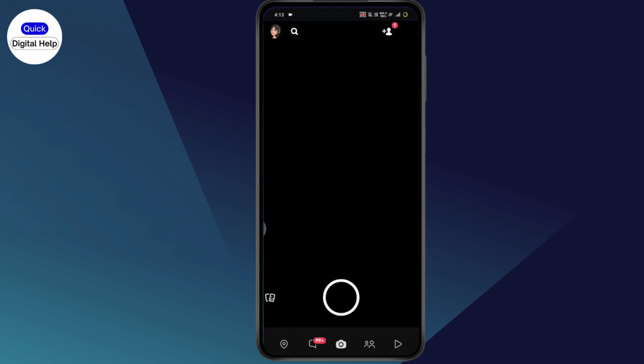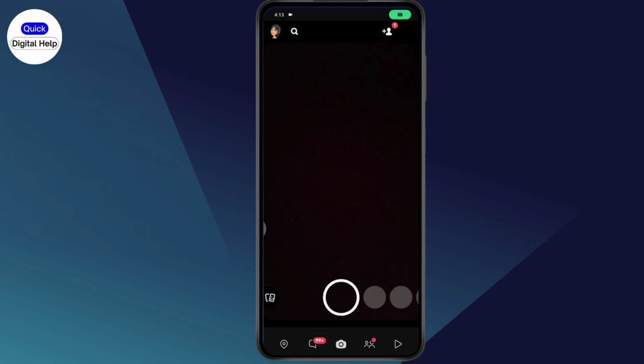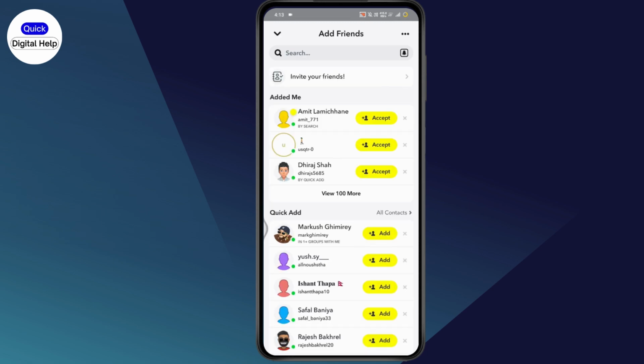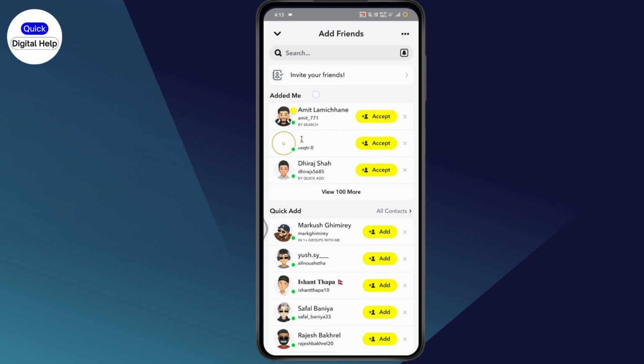Once you open up your Snapchat, now you just need to simply go with the add option, which will be on the upper right, or the contacts option. Just simply tap on it and it will take you to this kind of interface, which is add friends. And now you just need to simply go with the section, which is added me, which is on the first,